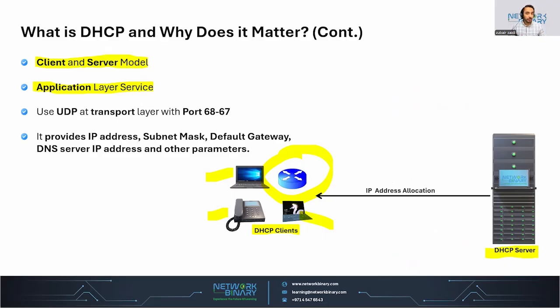Well, if you have seen my previous video, I have explained the communication model. We got 7 layers: the application layer, presentation layer, session layer, transport layer, network layer, data link layer, and physical layer. DHCP, that's the service that runs at very first at the application layer. Then it goes down to the transport layer, and at the transport layer, it uses the protocol, the UDP, user